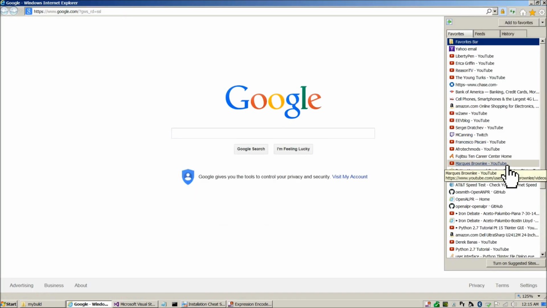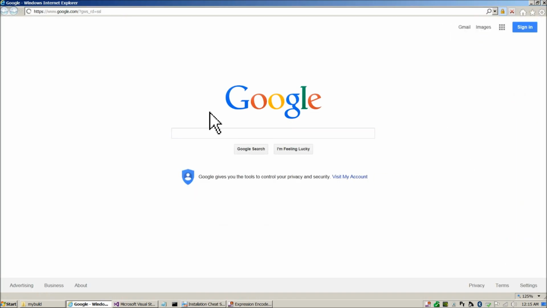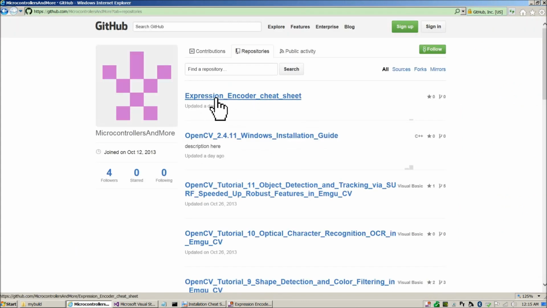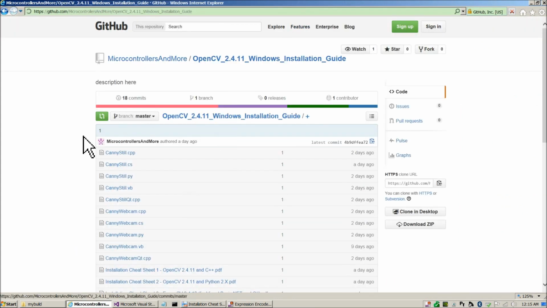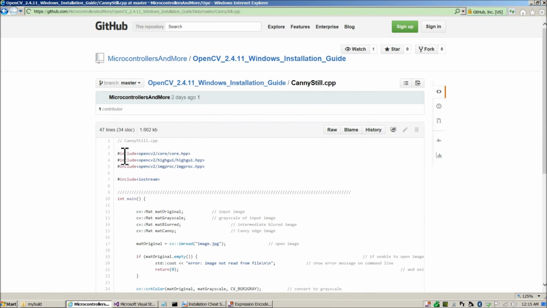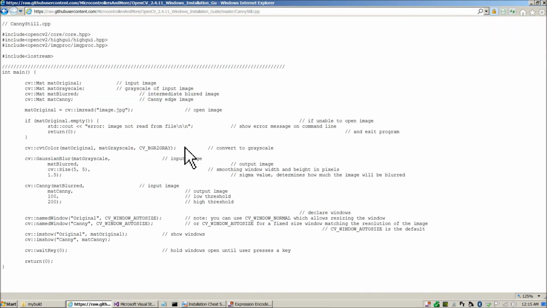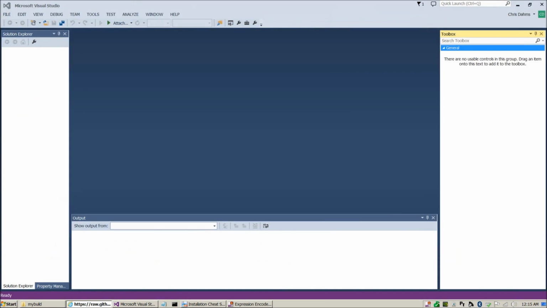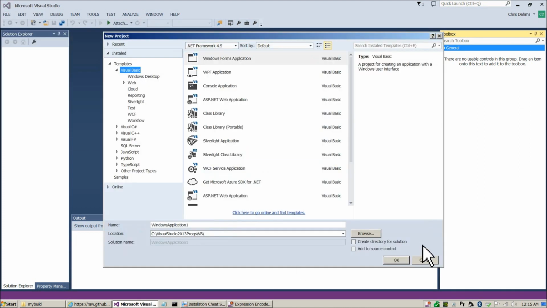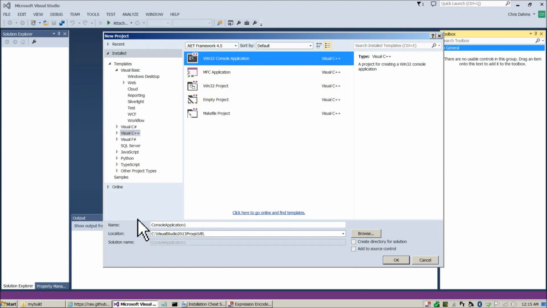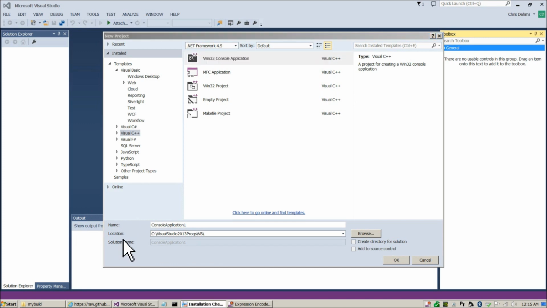And of course we have to decide which of the programs on my GitHub page we're going to do. So let's see, let's go ahead and we'll just use this first one, cannystill.cpp. Anything will work as far as a proof of concept. And now continuing on with the cheat sheet, so File, New, Project, and we're going to do, let's see here, Visual C++, Windows 32 console application, and I'm just copying and pasting out of the cheat sheet here,